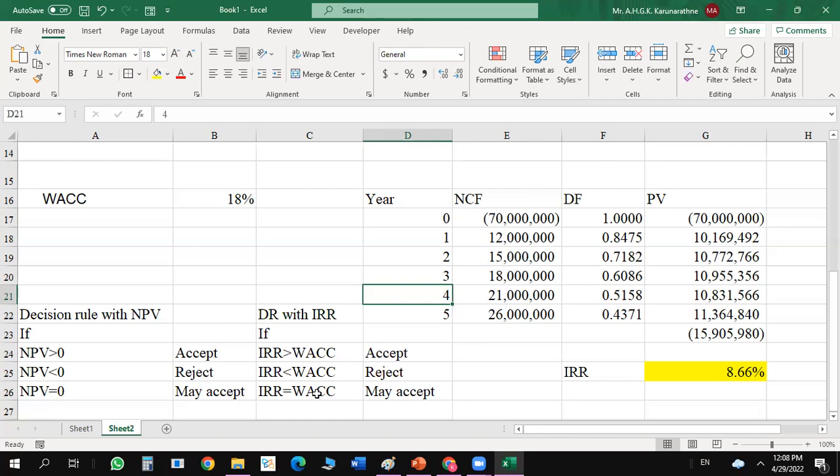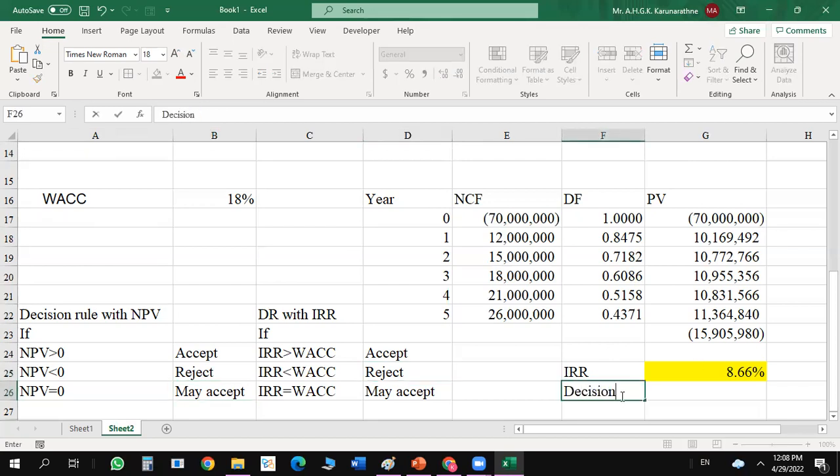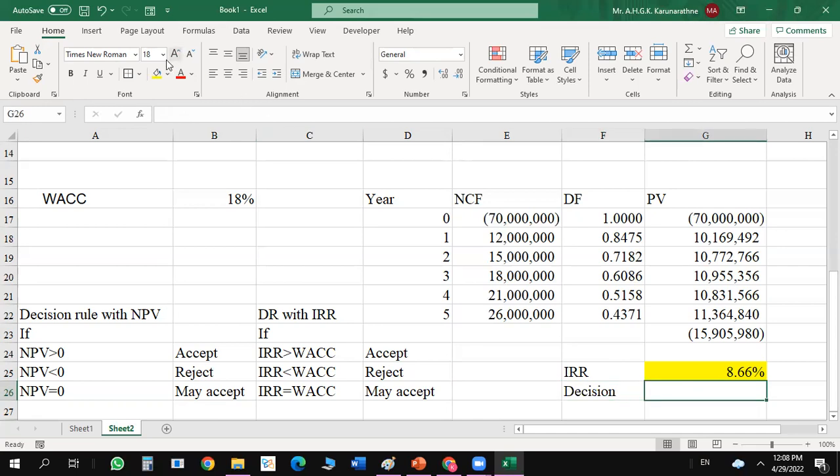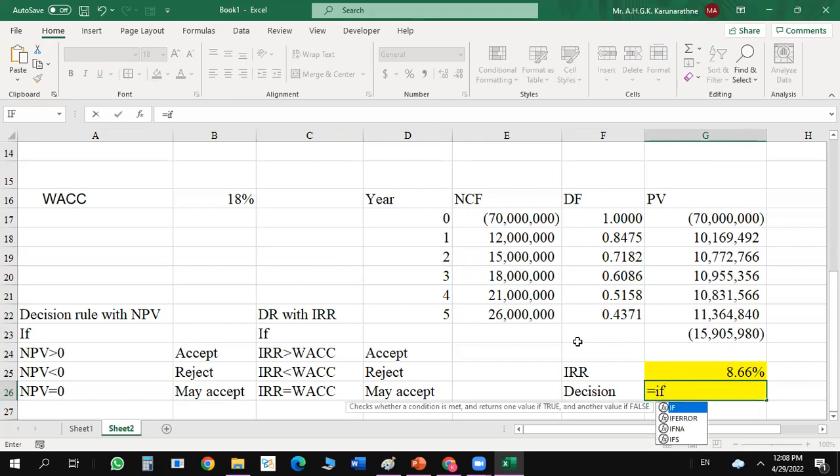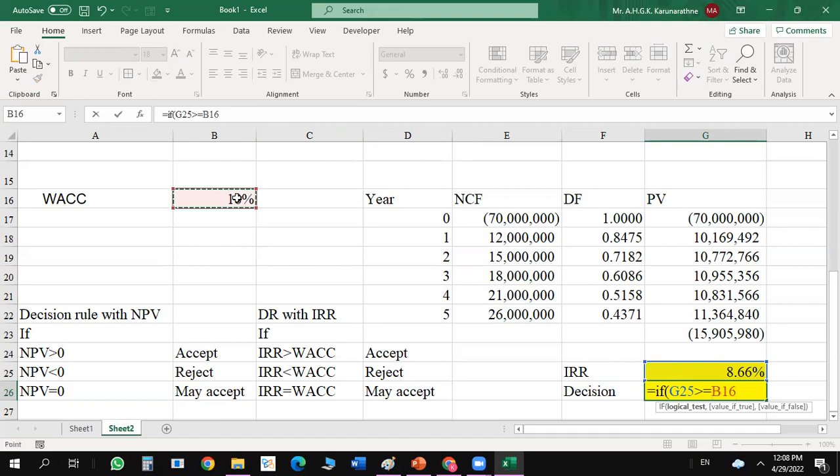When these are equal, the NPV is 0, and there too we say may be accepted. Okay, so let us put the decision rule. We use an IF function: if the IRR is greater than or equal to what? To the cost of capital. This is the cost of capital. If this is the case, then say